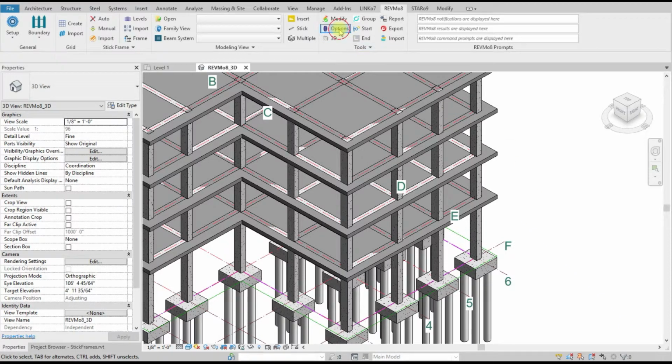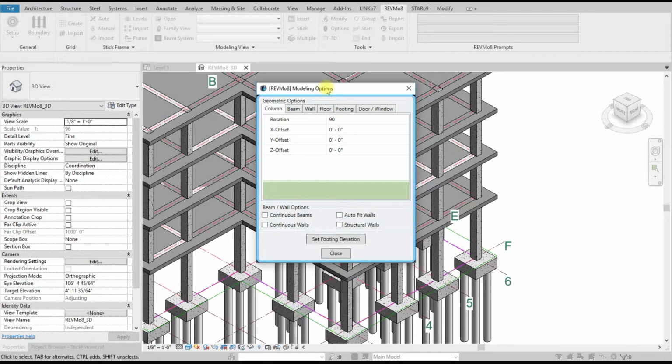The modeling option tool allows you to modify the default settings for all the elements that you will model in the current project. As you can see here, you have the column, the beam, wall, floor, footing, door, and window. So here, if you want to specify in advance certain properties that your elements you're about to model, you can do it here, and then after you model, you can come back and change the